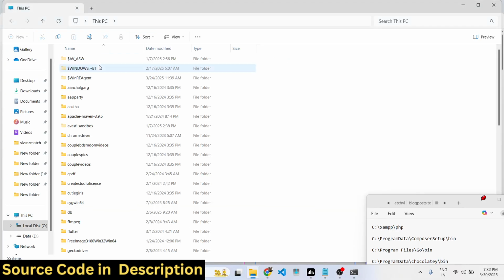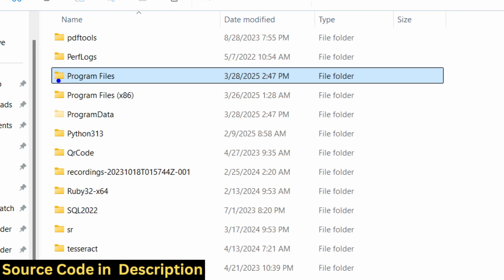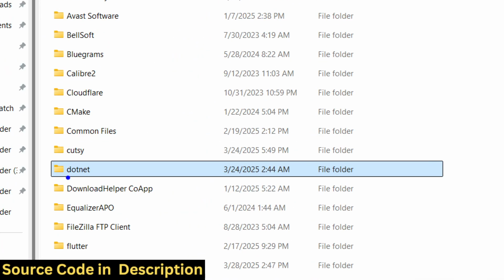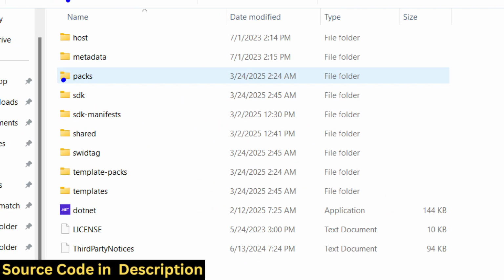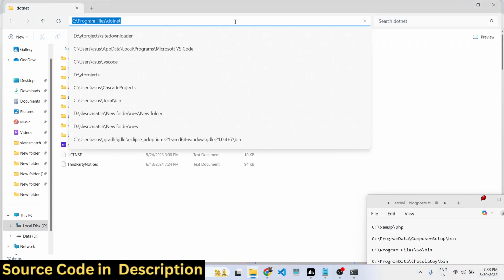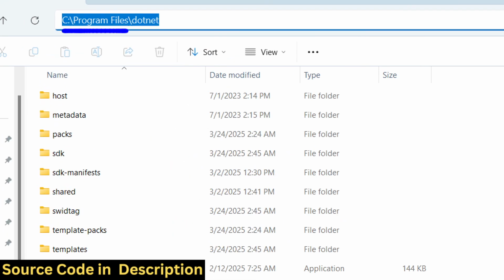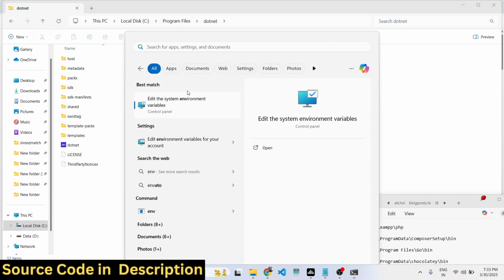if you open your C directory and just go to the folder Program Files, so the default location where .NET is stored is this folder. It has a folder called dotnet, and here all the executables are located. Simply copy this location, right click, copy, C:\Program Files\dotnet, and just now open your environment variable